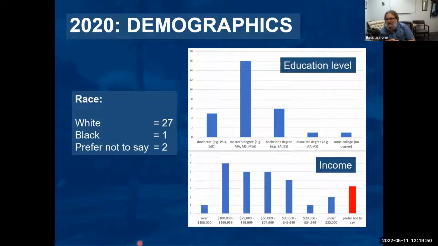If you read a lot of urban ecology studies, you end up seeing that the demographics of people who respond are usually white, well-educated, and higher income. This is not a slice of the culture in Gainesville. So we needed to think about how we can expand this to make broader inferences about our study.